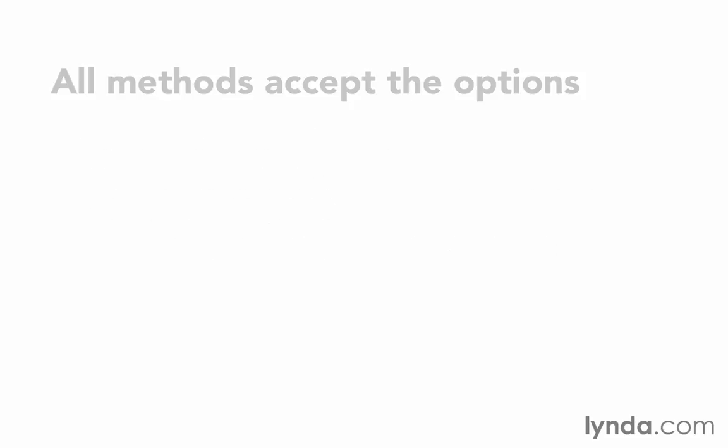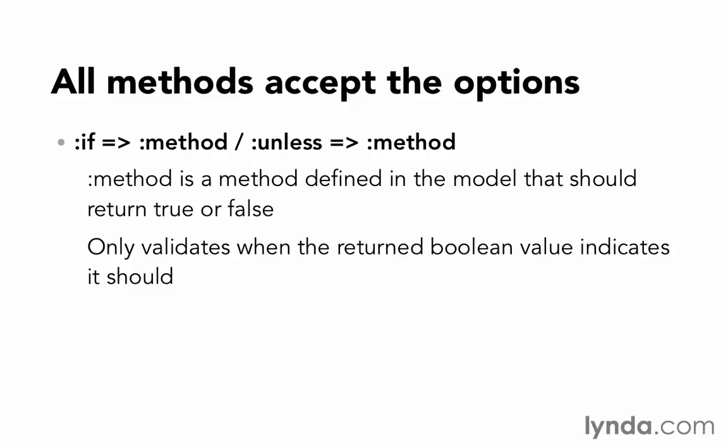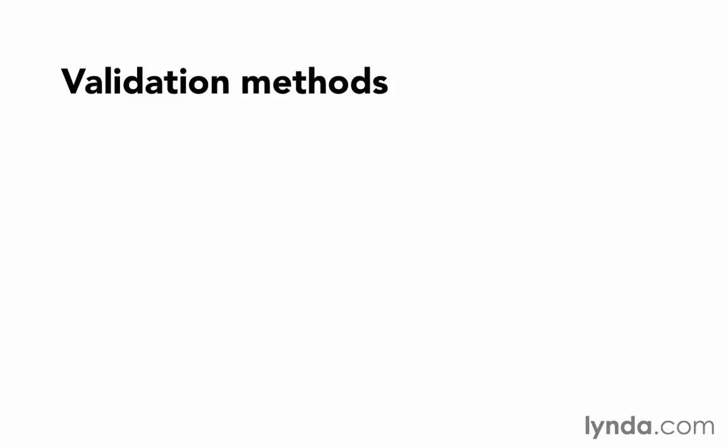And then last of all, we have if and unless. You can use if and then provide a method name, or unless and provide a method name, and this validation will run only if that method returns true or false. So we would need to define a method in our model. That method could do whatever business we want it to do, but at the end of the day, it needs to return true or false. So for example, we could validate that a user has given us their email address only if they've asked to be notified by email. So now we've looked at all 10,